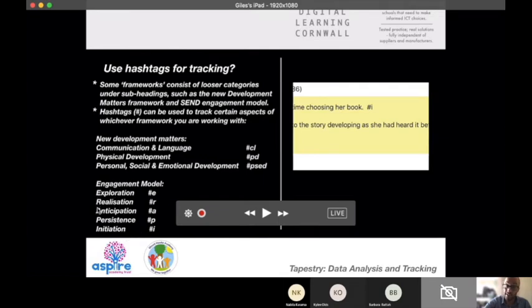Luckily they've all got a distinctive first letter in their titles, and over here these are the 3 main ones, I believe, from the new Development Matters. Of course you can formulate tags like this,